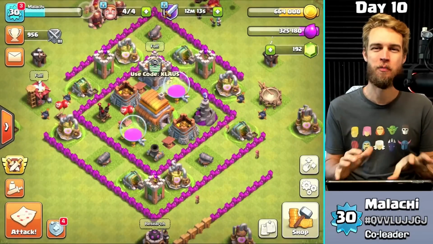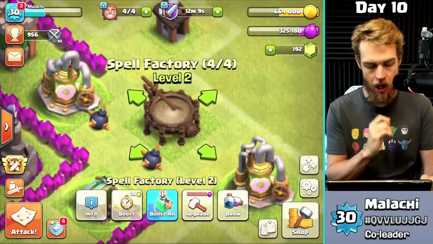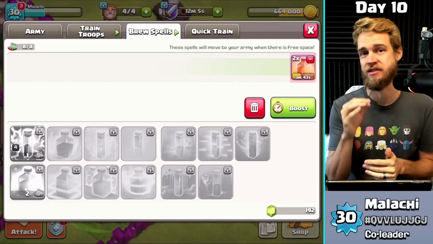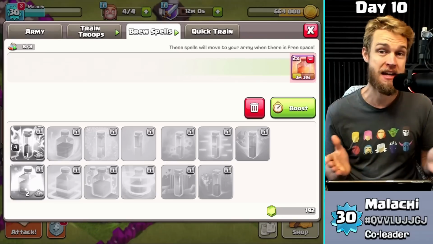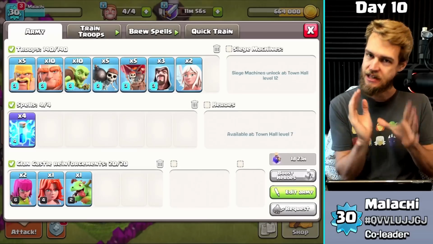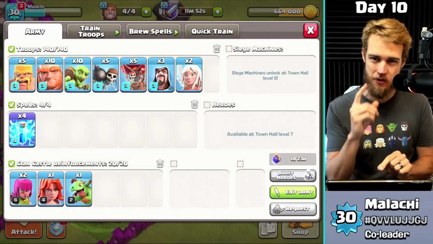Welcome back, guys, to Gold Pass Clash, where we have now finished a spell factory upgrade and unlocked the heal spell for the very first time. I've got them training up now because that spell factory upgrade literally just finished like a minute and 20 seconds ago, something like that. So big deal. Today, we're going to be trying out healing spells versus lightning spells, but there's an even bigger